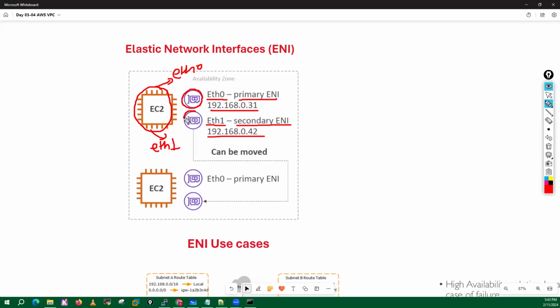Now, see, this is the ENI which we have created. Now, if you want, we can move this ENI to another EC2 instance as well. So we can do these things. Now, let's do one thing. I'll go here